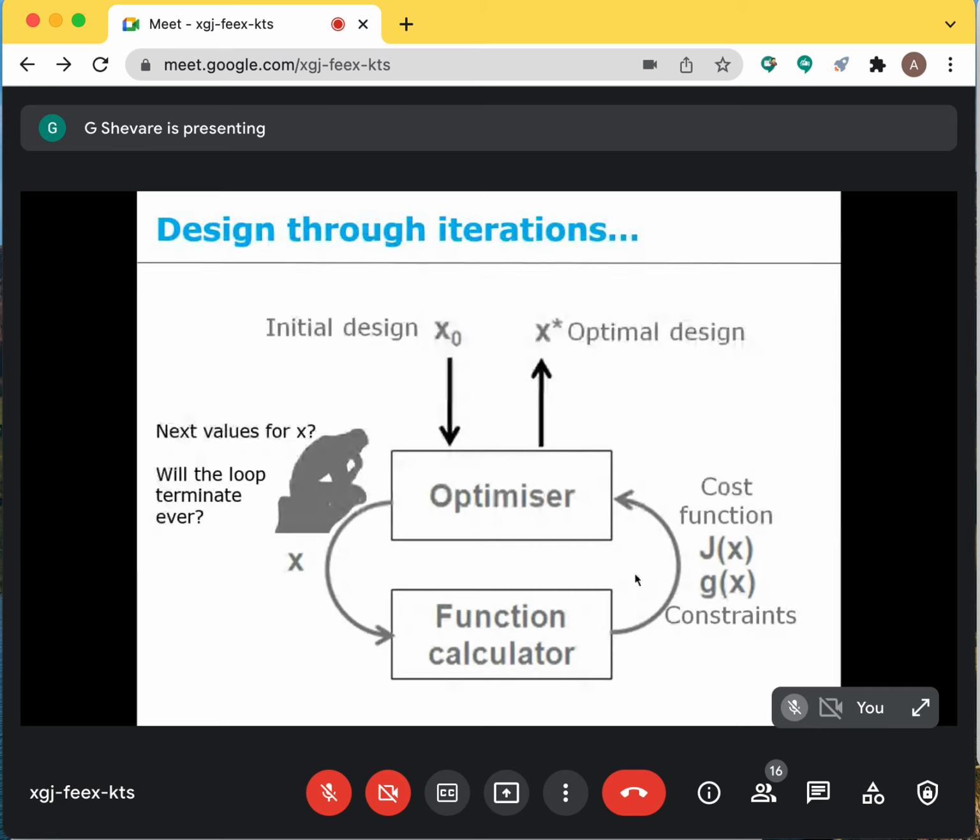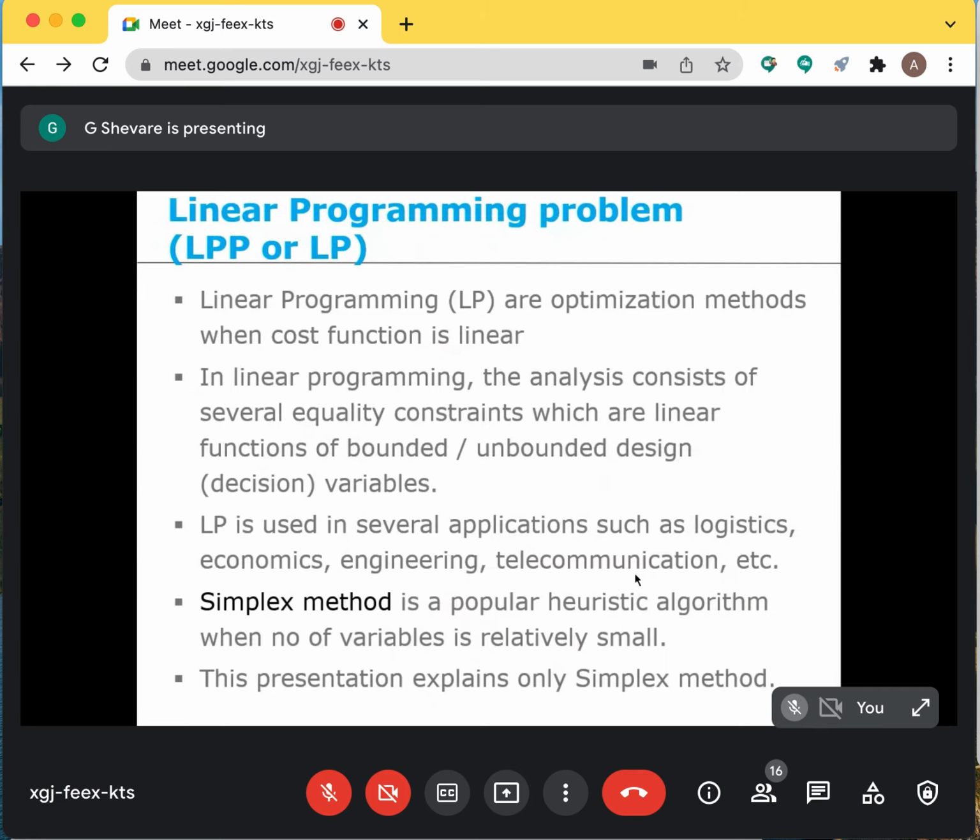Anyway, so this is the same thing, it's just that it is explained a little better. Anyway, so linear programming is an optimization method. In the sense, yesterday we talked about multidisciplinary analysis,